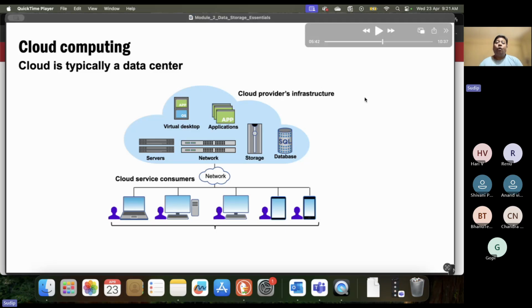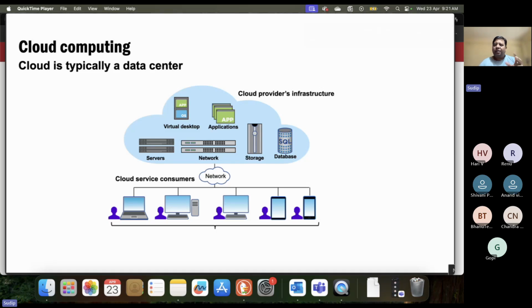So don't get overwhelmed when you see new terms coming out from these cloud service providers. Especially AWS and Azure are known to do that. They will not call a network a network, they will call it VPC. They will not call a server a server, they will say EC2, Elastic Compute Cloud. Ultimately, it's the same thing, but they are giving it different names. So don't get too confused or overwhelmed by these new words that the cloud provider will be throwing in